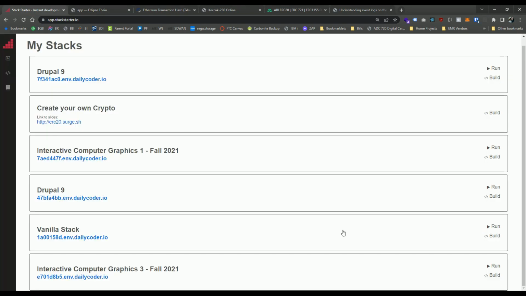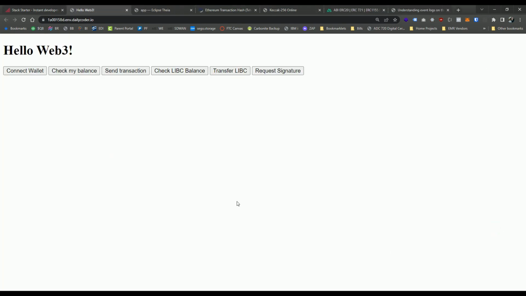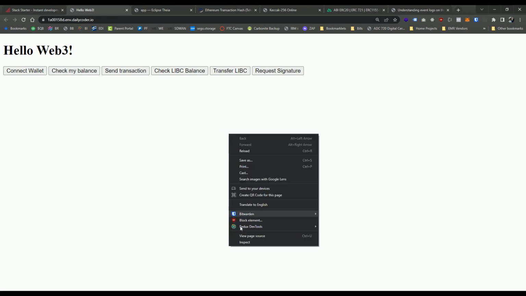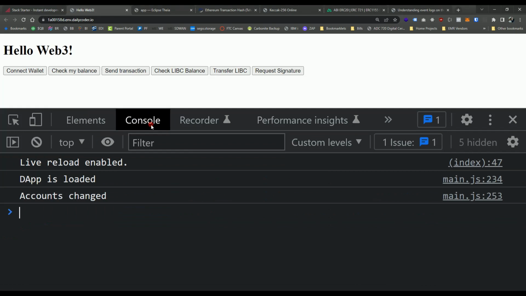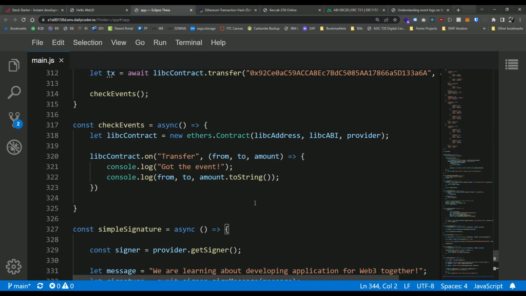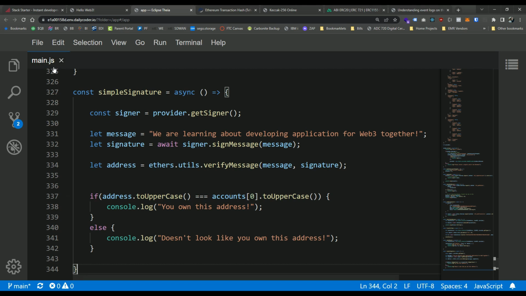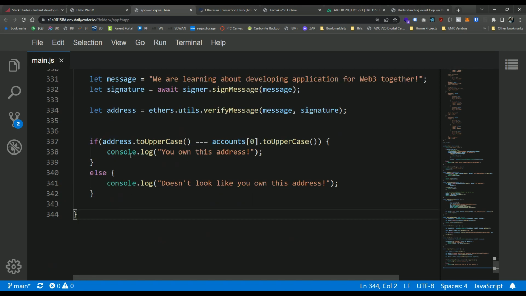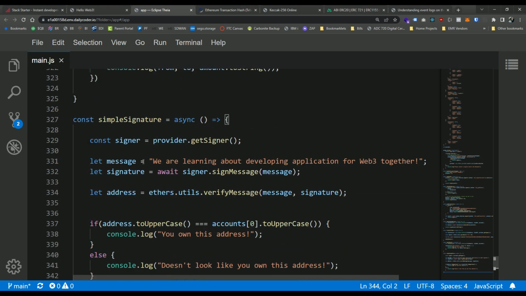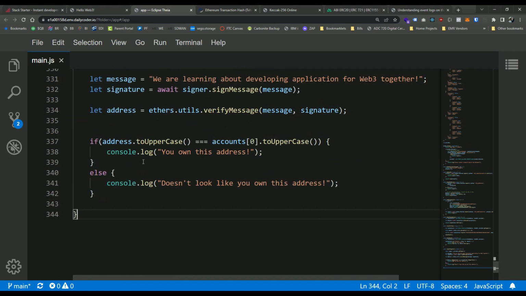So we have our vanilla stack. We have our small test application here, which is just kind of a menu of buttons for us to work out different topics and test and play with different things. I'm going to go ahead and open up our console here so that we can see what's going on in the console. And we should have our code up here. Now our code, we're working in the main.js file, and we basically just have a collection of functions. So we're going to go ahead and write another function that is basically going to query